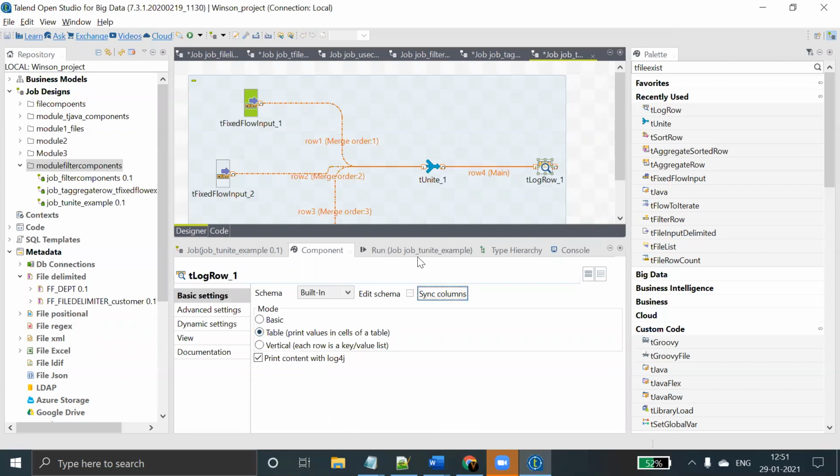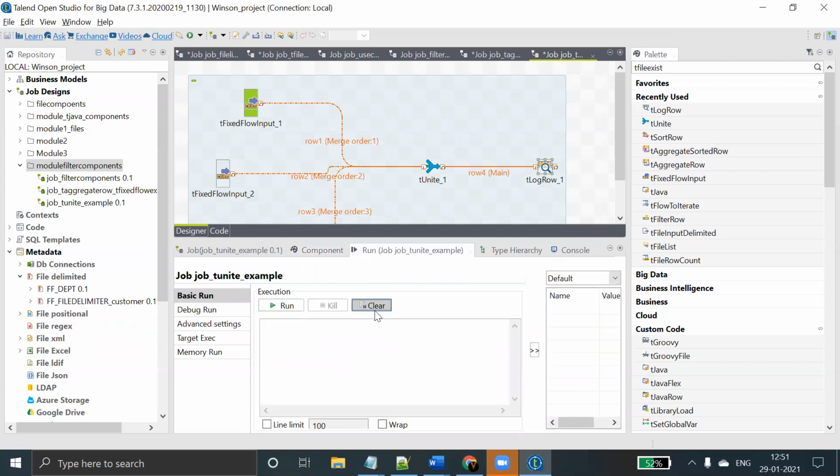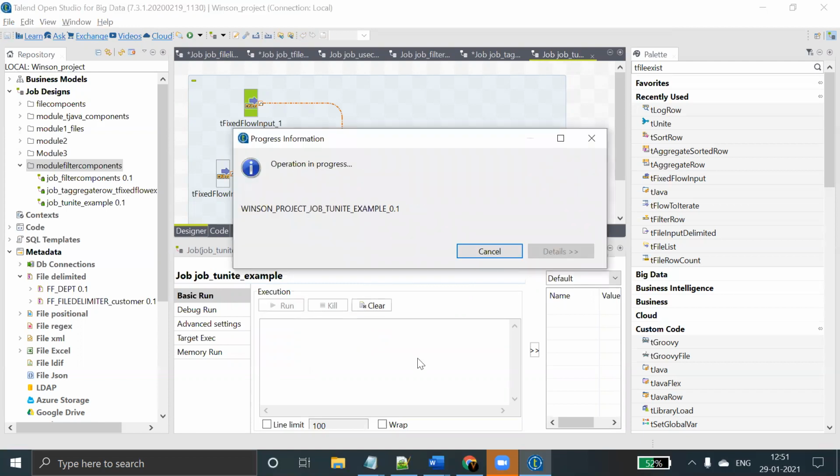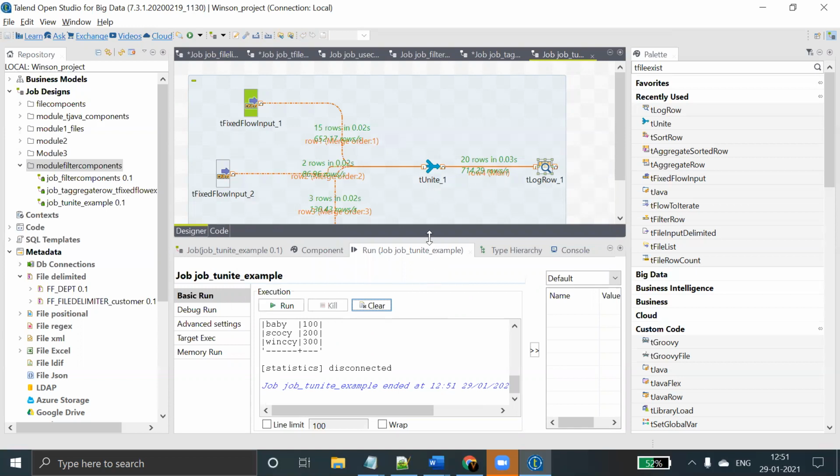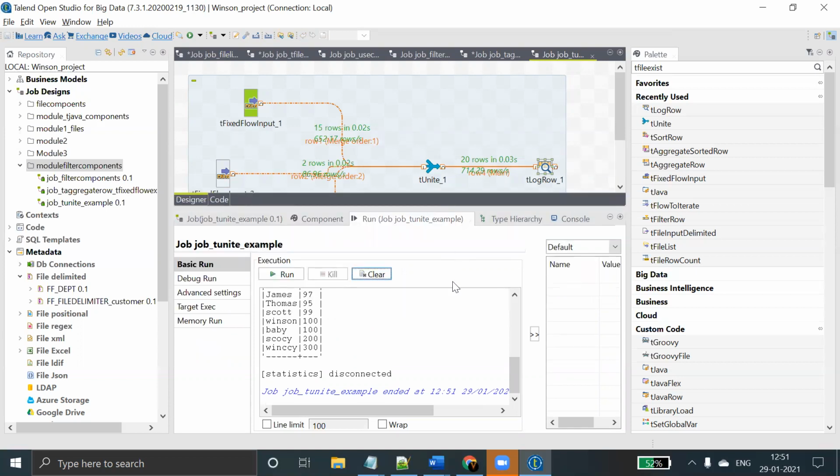Now you can go to the run section, clear, then run it. You can see now it will club all the records.